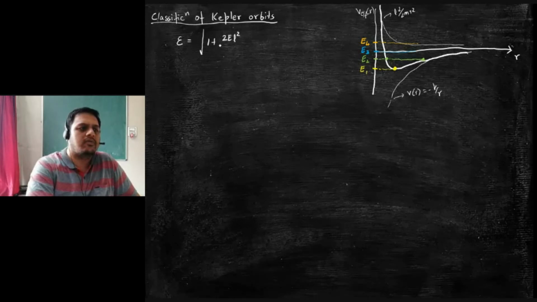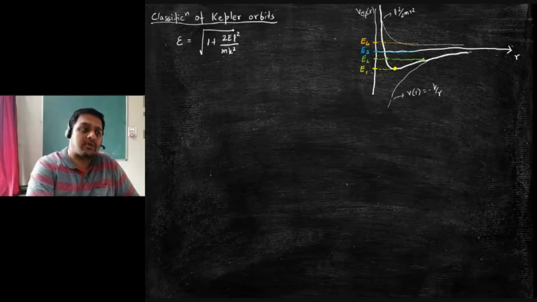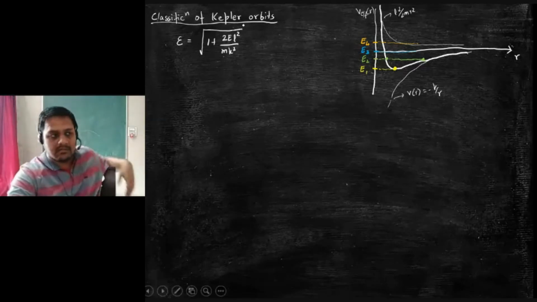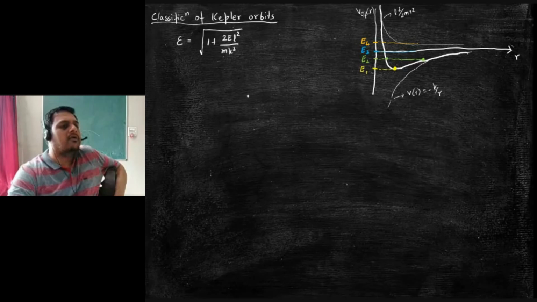2E L square by mk square, square root of 1 plus that. Yes, that whole thing is the eccentricity. Okay? Very good. Now,